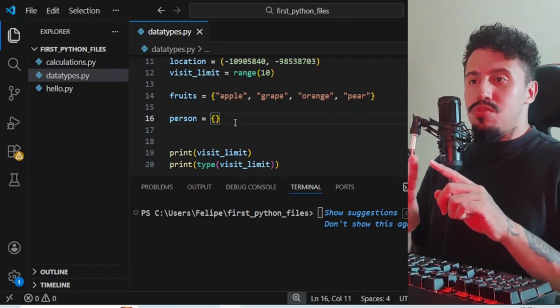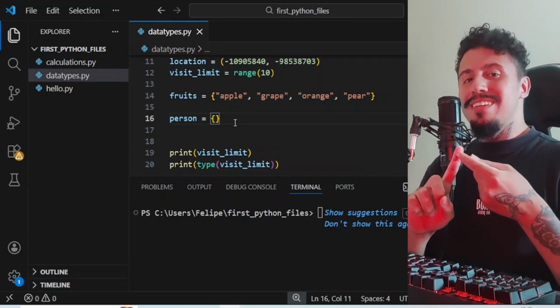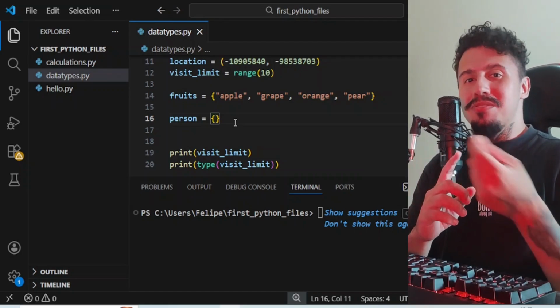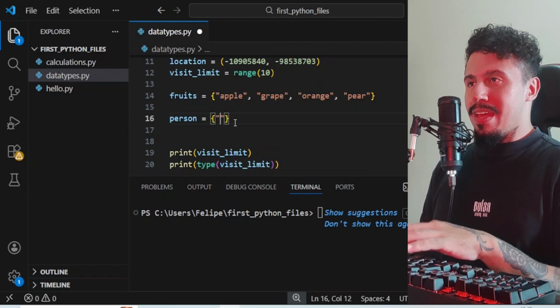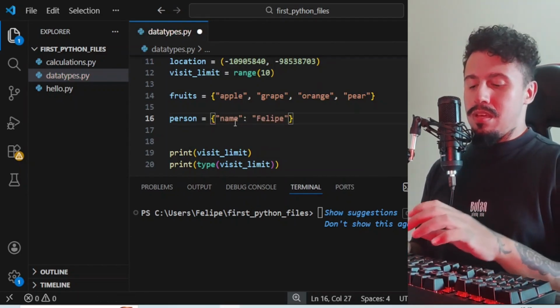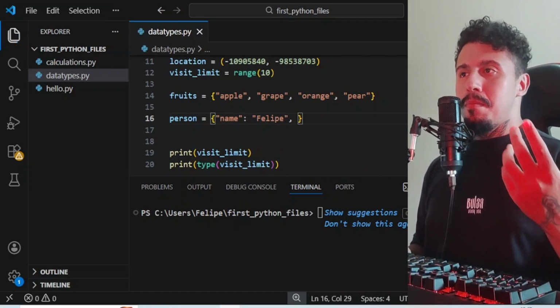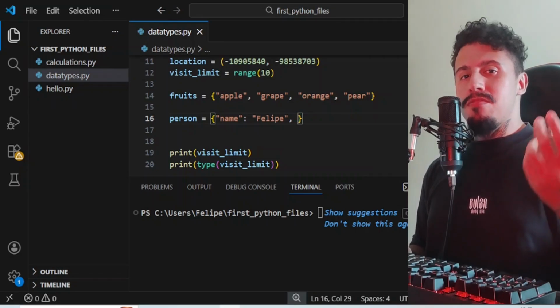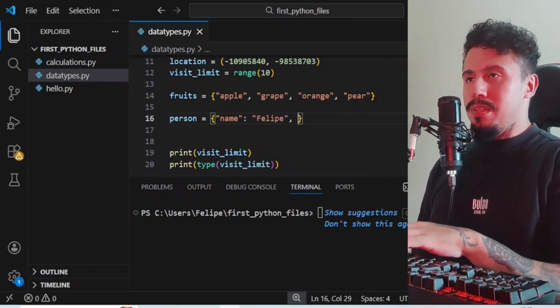And then you are going to assign a value to this key. So for example, name receives Felipe, and when I put a comma here, I can create more key value pairs. So name Felipe, age